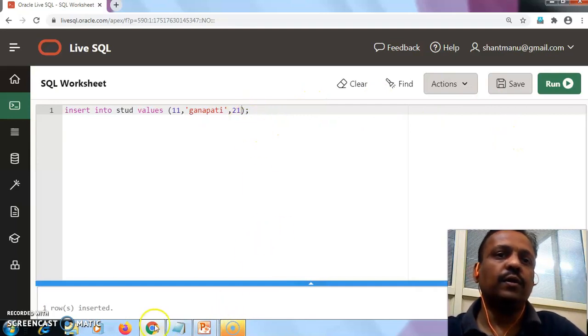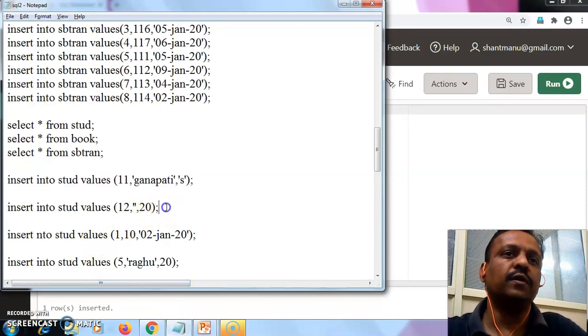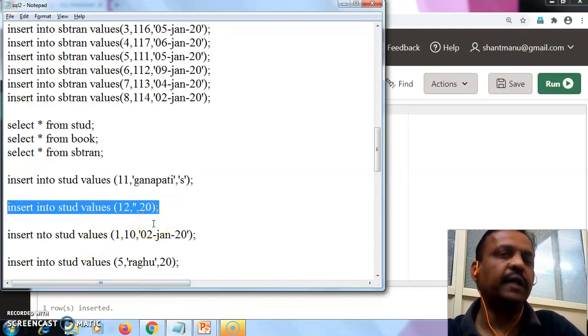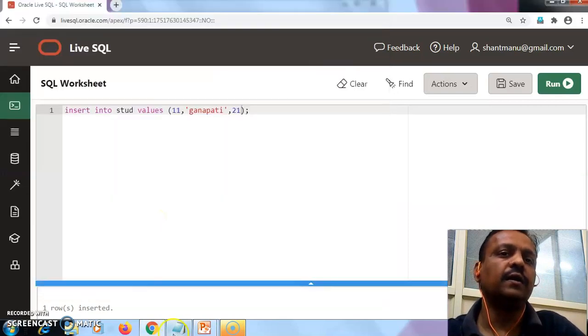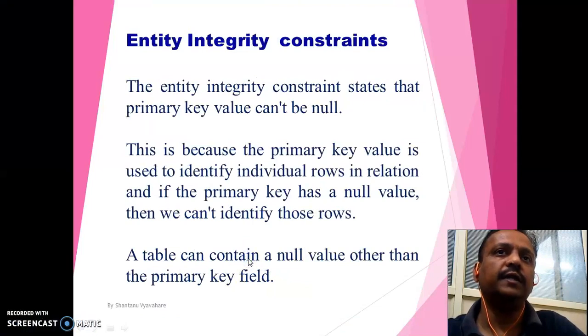The next example, the second constraint, is the entity integrity constraint.